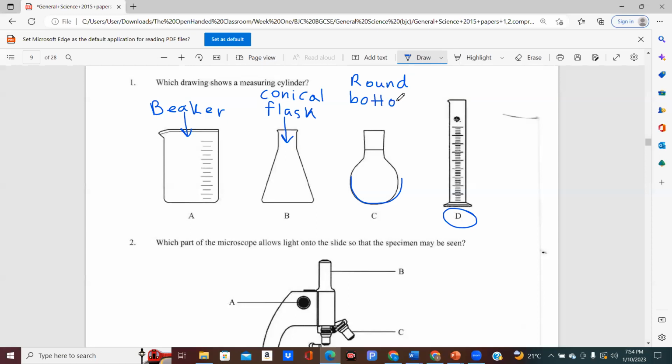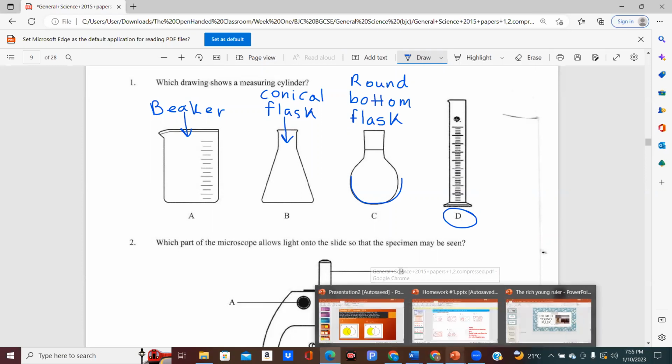Round bottom flask. All right, good. Beaker, conical flask, round bottom flask. All right, good. So as for what you're gonna write,